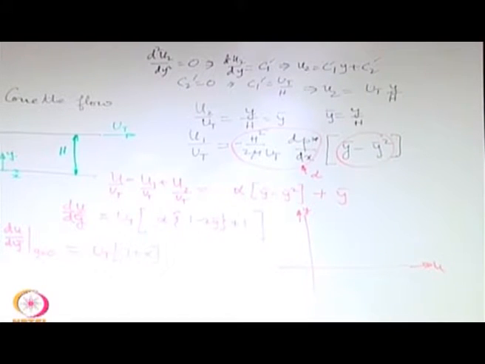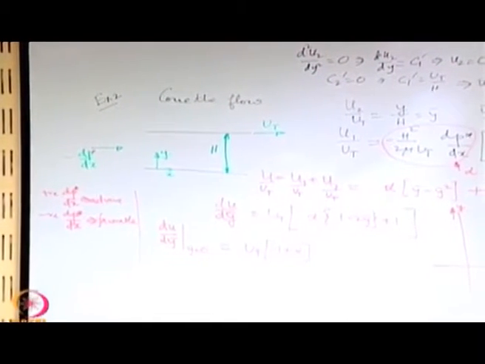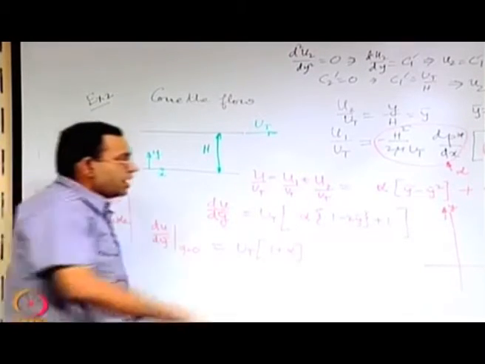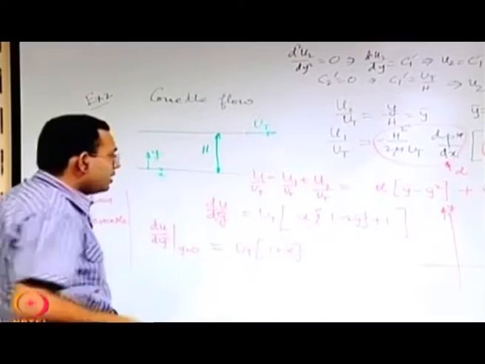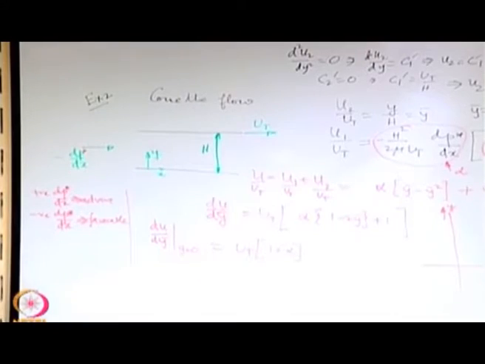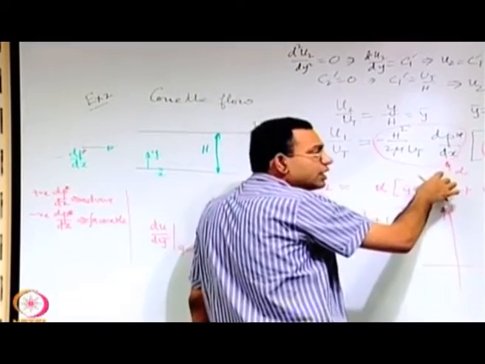We have discussed it earlier. So always remember that positive dp dx or dp star dx implies adverse, because we have seen that a negative dp star dx is something which helps in maintaining the flow along the positive x direction. So this is called a favorable pressure gradient. Adverse means it tries to have an opposition to the flow. So if you have a positive dp dx, that means you have a negative alpha.